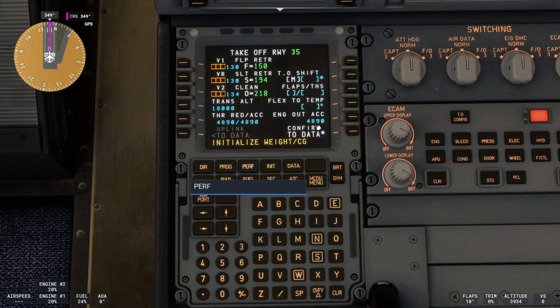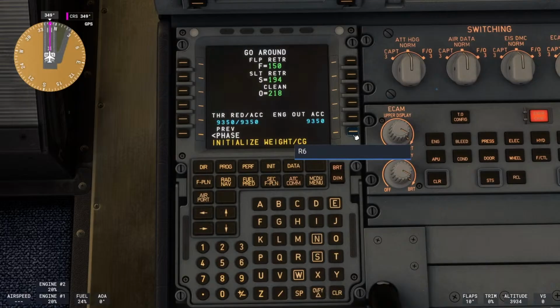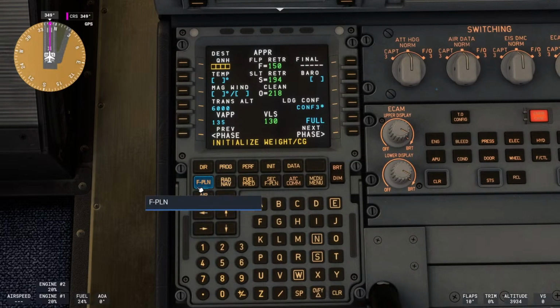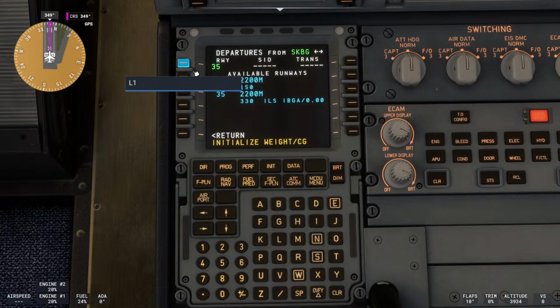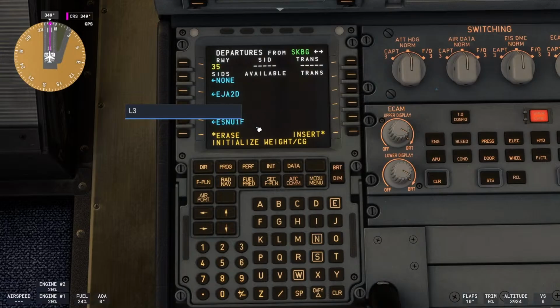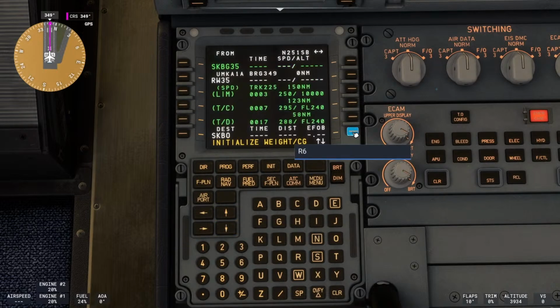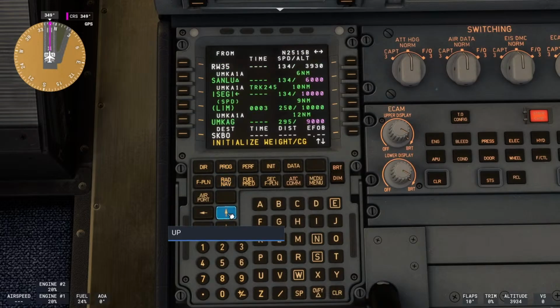In the performance page, we input the speeds for our takeoff, and this is going to be taken care of later in approach, and then in flight plan we start programming the departure. The departure will be runway 35, and it's gonna go through UMK 1A1. So we selected and we inserted, and then we're gonna have